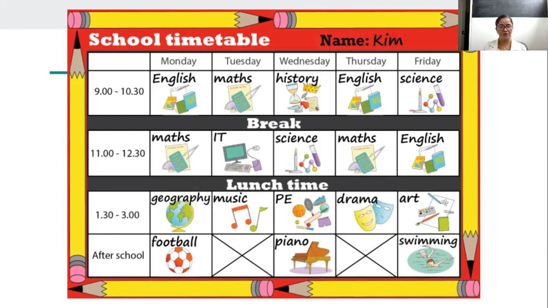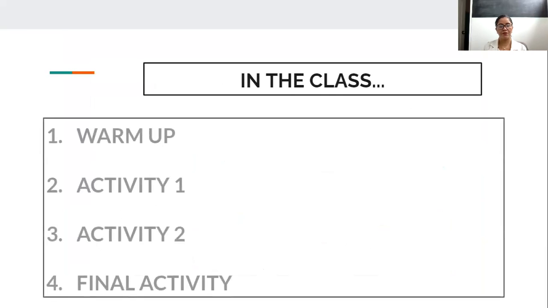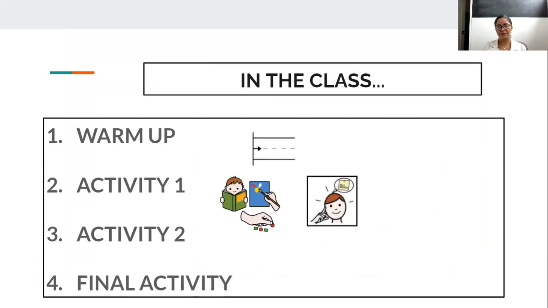But this is vital. Again, in the class, we need to have the steps of the class clearly defined, hopefully in a place that everybody can see it. So starting for a warm-up or activity number 1, activity number 2, final activity, or any lesson plan format that you actually want. For example, in our school, we use the 3Ps method.